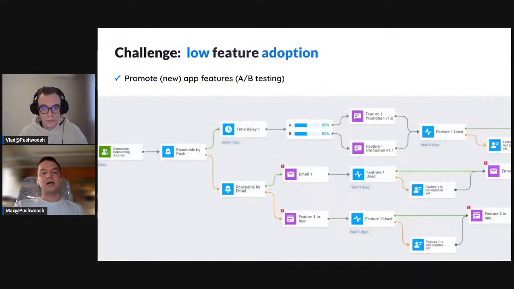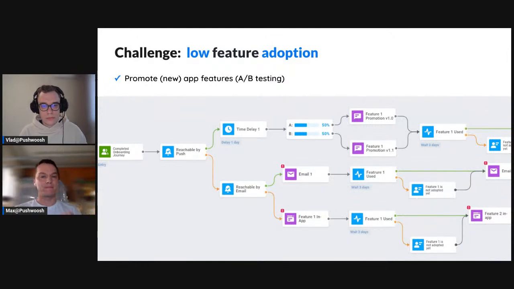One more thing that I would like to outline is, if we are speaking about low feature adoption, of course, it is also important to apply the omnichannel approach first to reach the maximum audience coverage, so that the relevant communications will be sent to your users in accordance with which channels can be used for users who are not reachable for pushes, who are reachable for emails, and so on and so forth.